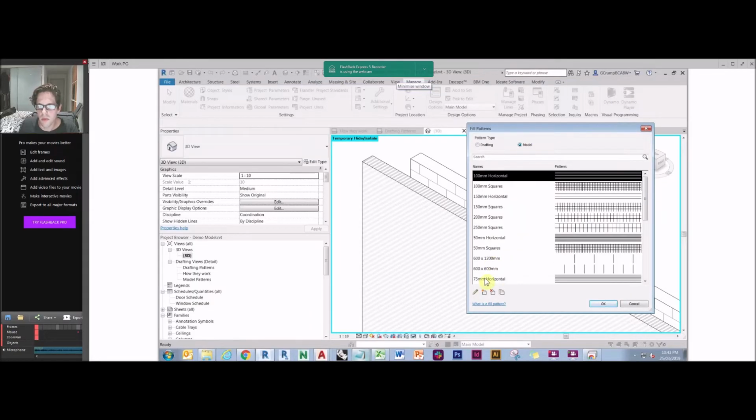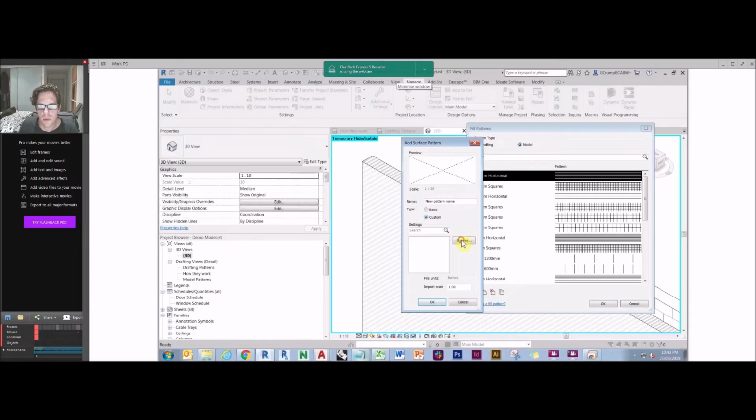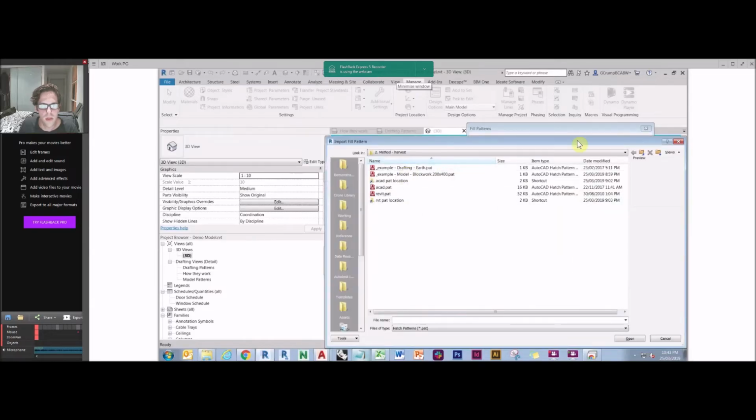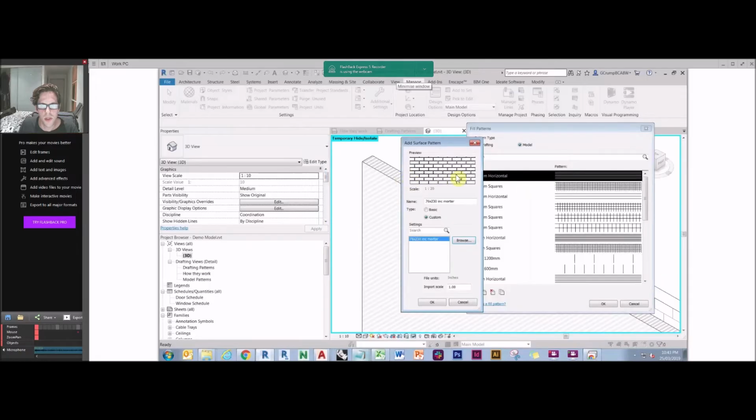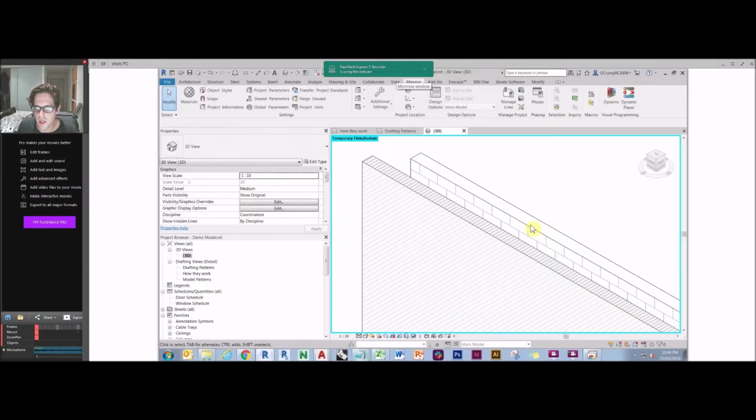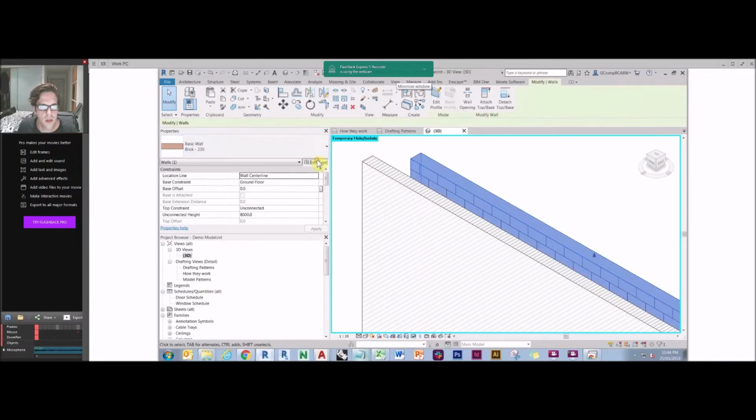So if I go to model, new, custom, browse, and I'll go up to method 1, brick test. And there you go. Actually, I did it with the mortar, of course. So this would be a 10mm mortar. So if I go in here, edit type,